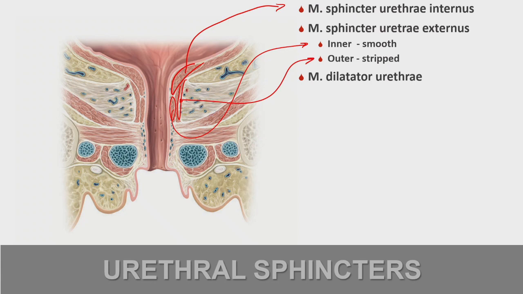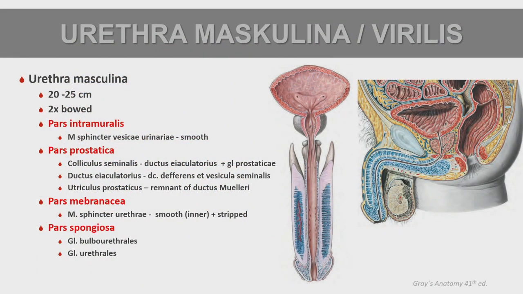And you probably know the situation when you have to urinate, but you cannot. So then you can compress this layer because it is striped. And this is the last stent which is closing the urethra. Then it's also important that we have a muscle which is called the dilatator of urethra. This dilatator of urethra, I will show you on a masculine